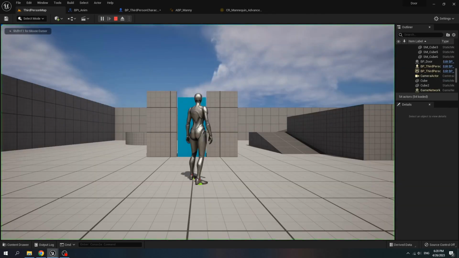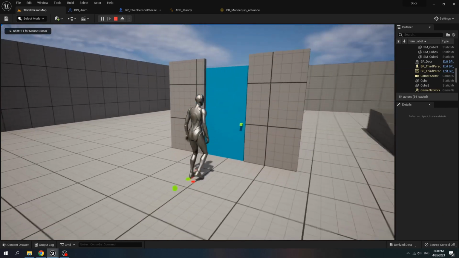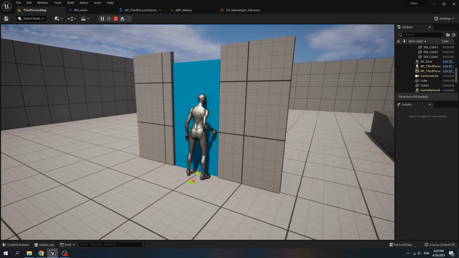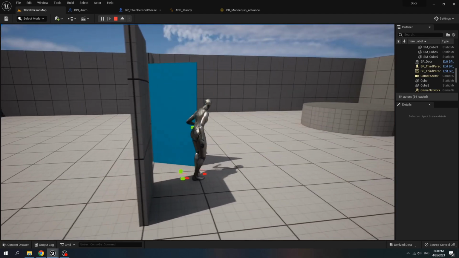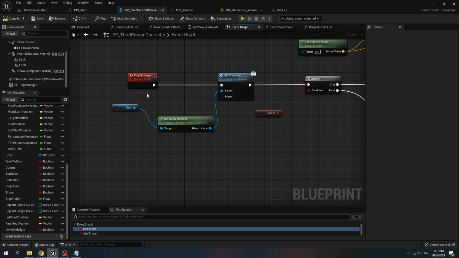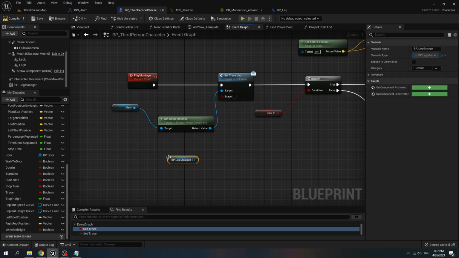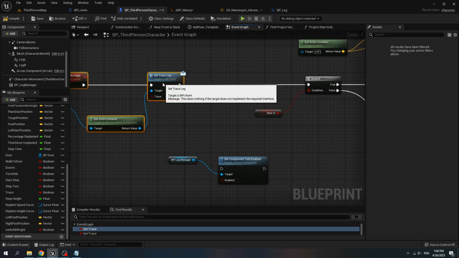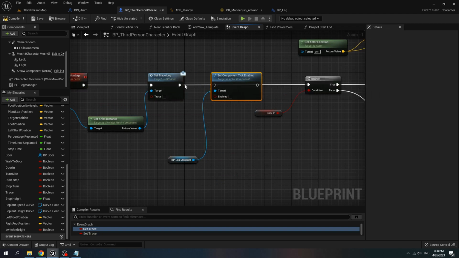Let's play test. Press E and then character walk 2 step and then open the door. Go to play montage, get BP leg manager, set component tick enable, and we disable this event tick.